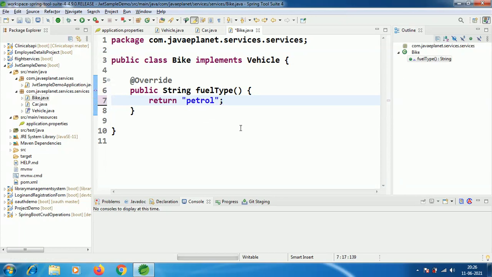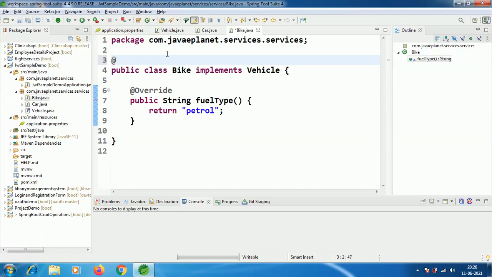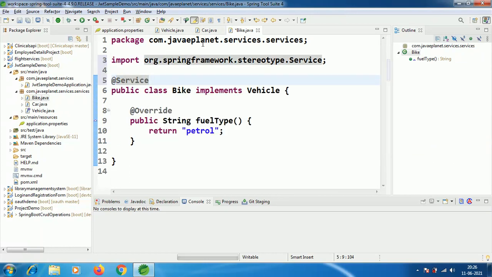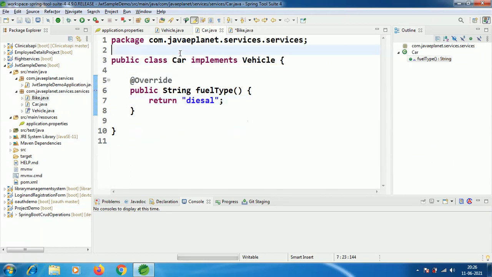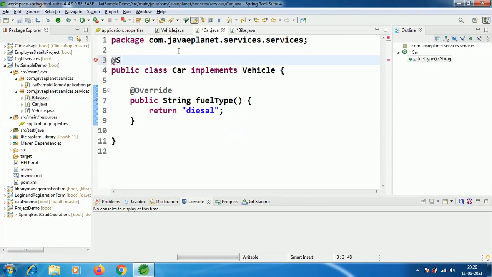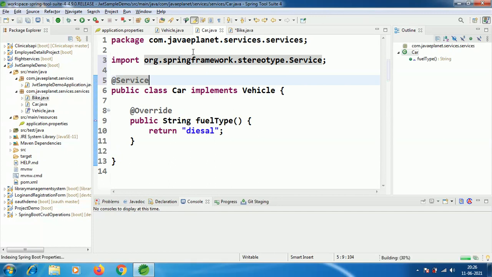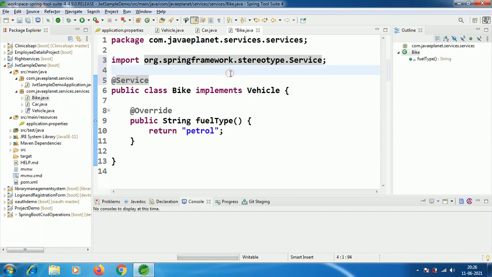Format and save. One of the most important things is to annotate this class with @Service, and also the Car class with @Service. Save both of the classes.